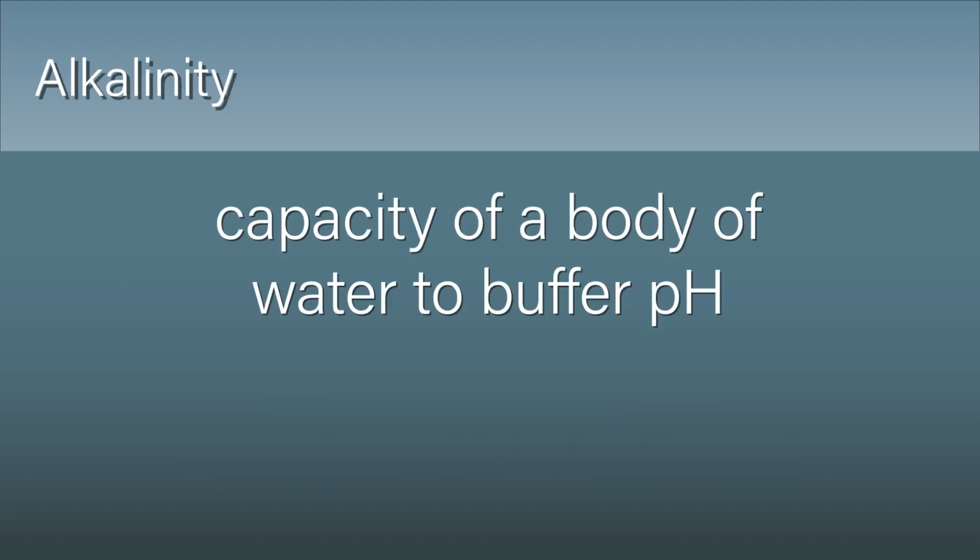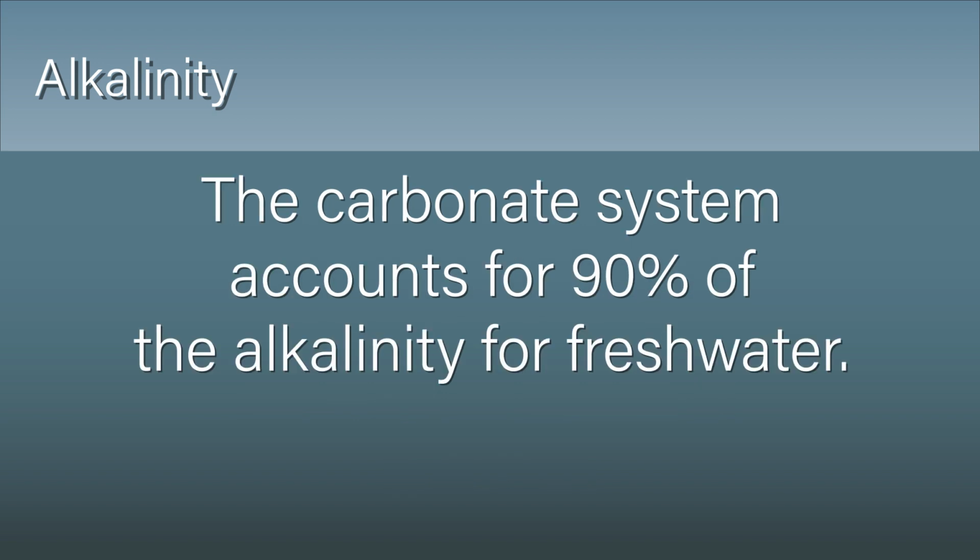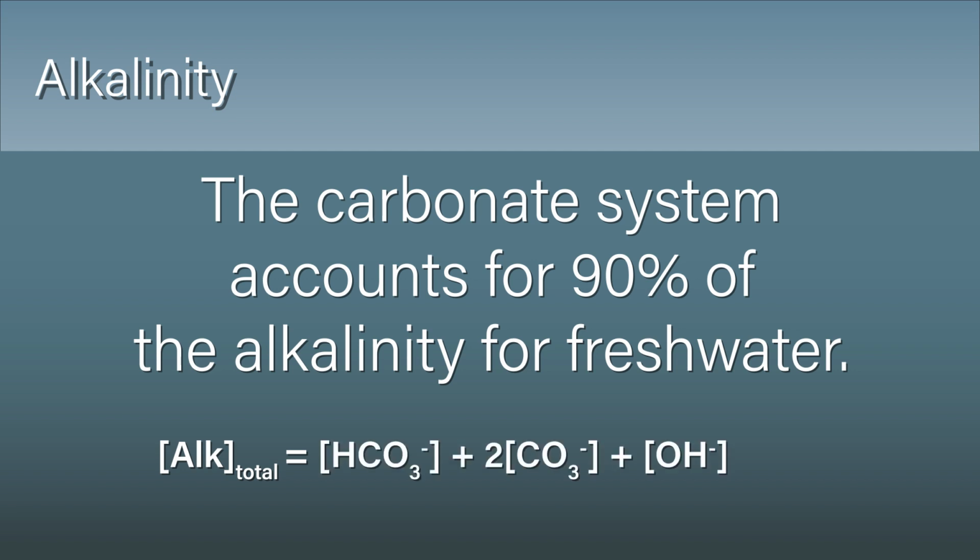The capacity of a body of water to buffer pH is described by its alkalinity. Conceptually, alkalinity is a measure of the amount of bases in a solution that can be converted by a strong acid. The carbonate system accounts for over 90% of the alkalinity for freshwater. Typically, a freshwater system's alkalinity may be estimated by the stoichiometric sum of carbonate ions, bicarbonate ions, and hydroxide ions,